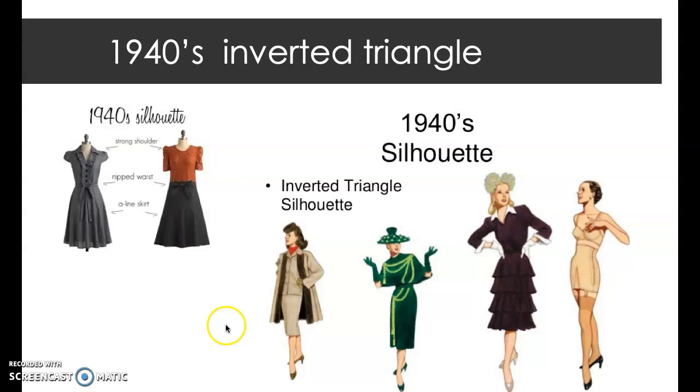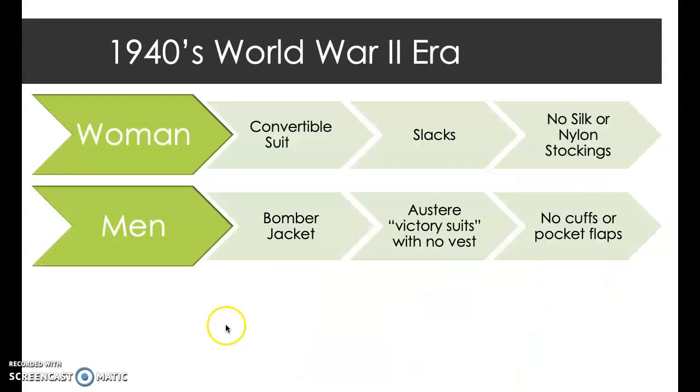Women were leaving home to go and work in the jobs that men had worked before they were shipped off to war. So women have more independence because they're making the money for their families. We have convertible suit, slacks. There's no silk or nylon for stockings. Men wore a bomber jacket, austere victory suits with no vest, and then no cuffs or pocket